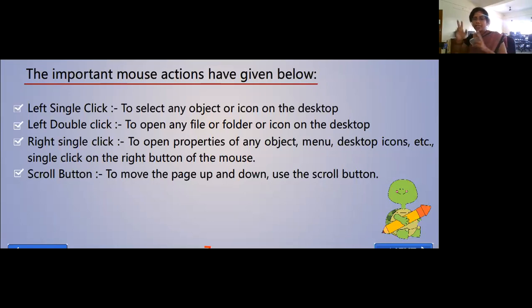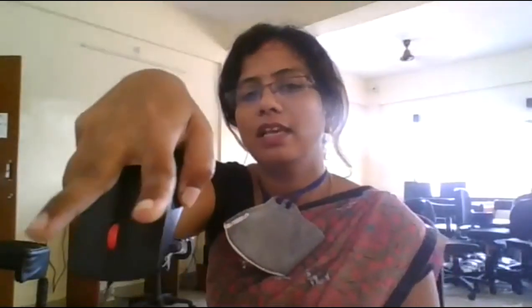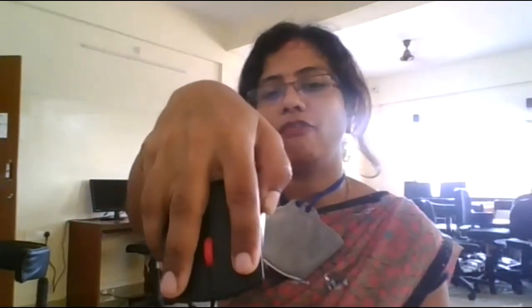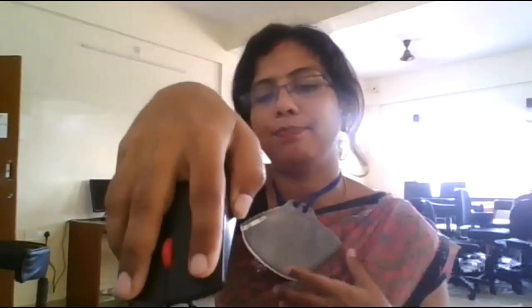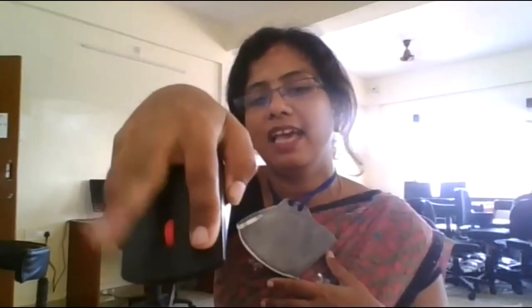Now the second thing is, with which finger do we do left click? Yes, we do it with our forefinger. Correct? See, I'm holding a mouse, right? You can see I am holding it with only these two fingers. This is my forefinger, this is my middle finger. With the help of my forefinger, I am selecting. I am placing my forefinger on my left click, and my middle finger is on my right click.